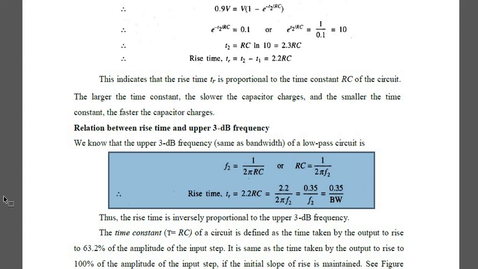So these are the three small topics that we have discussed today in the class. First we have seen the sinusoidal input voltage, how it is given for a low pass RC circuit, what is the input voltage. Then we have seen the step voltage input. Then we have gone through the rise time, the time taken for the voltage to rise from 10% to 90%. Then we have seen the relationship between your rise time as well as the upper 3 dB limit. So I hope you are clear with these topics.